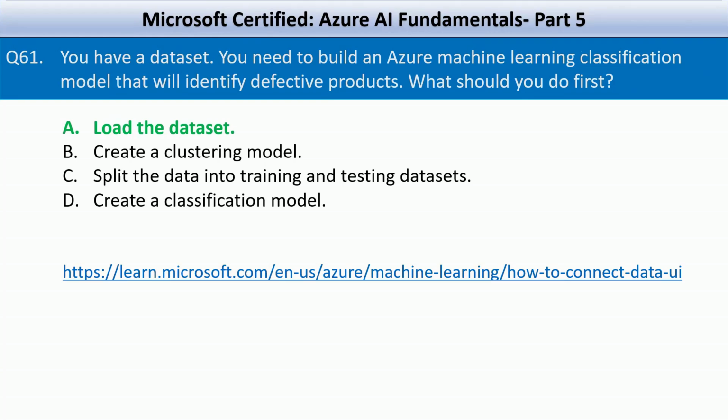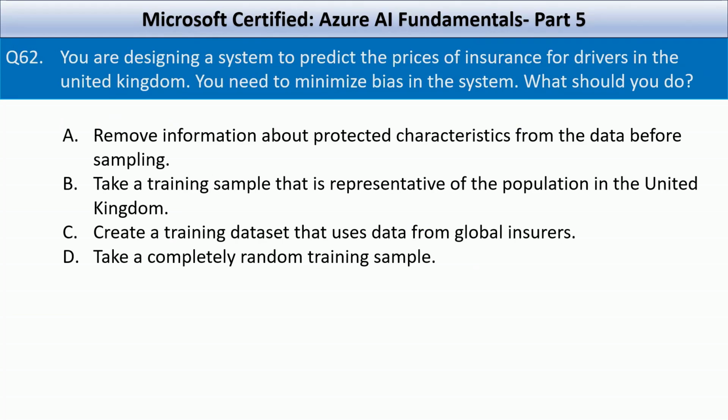Let's look at question number 62 of the series. You are designing a system to predict the prices of insurance for drivers in the United Kingdom. You need to minimize bias in the system. What should you do? Your options are remove information about protected characteristics from the data before sampling, take a training